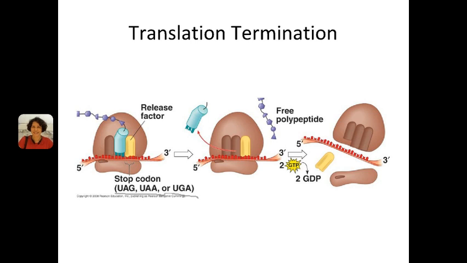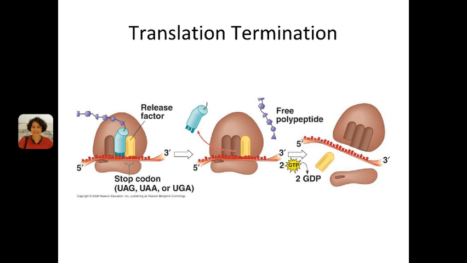Instead, there is a protein called a release factor that recognizes the stop codon, and the release factor is going to insert itself in the A site of the ribosome, almost as if it were a tRNA. But the release factor does not